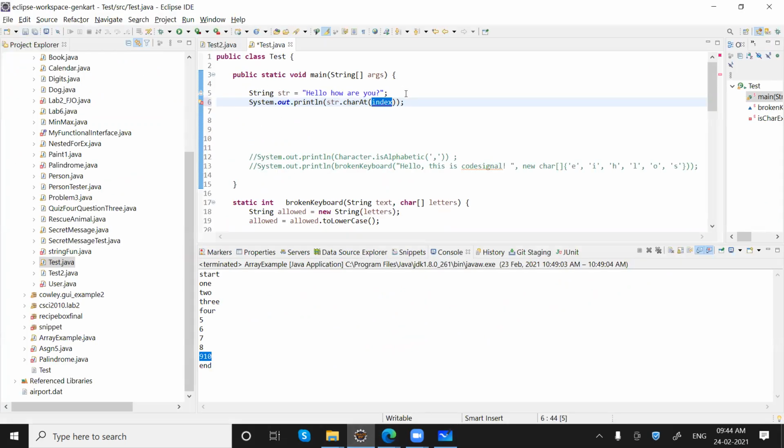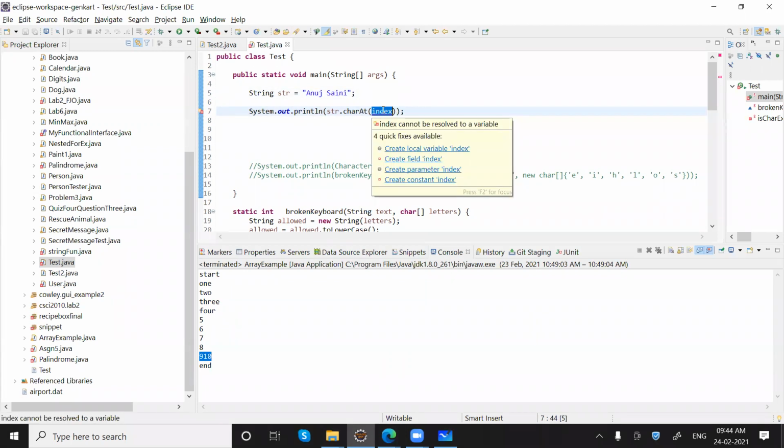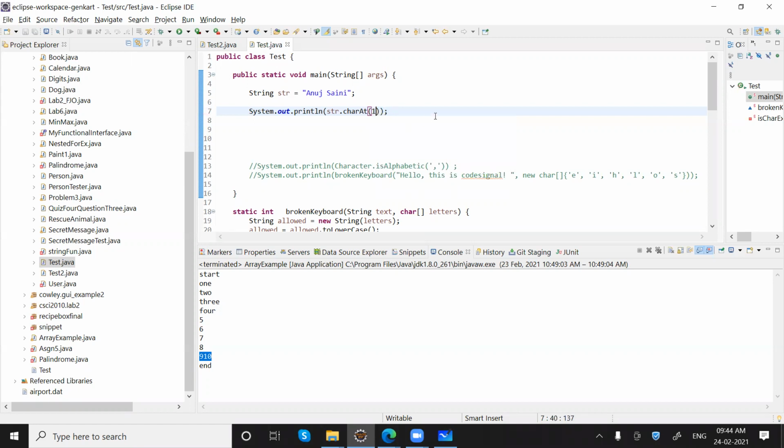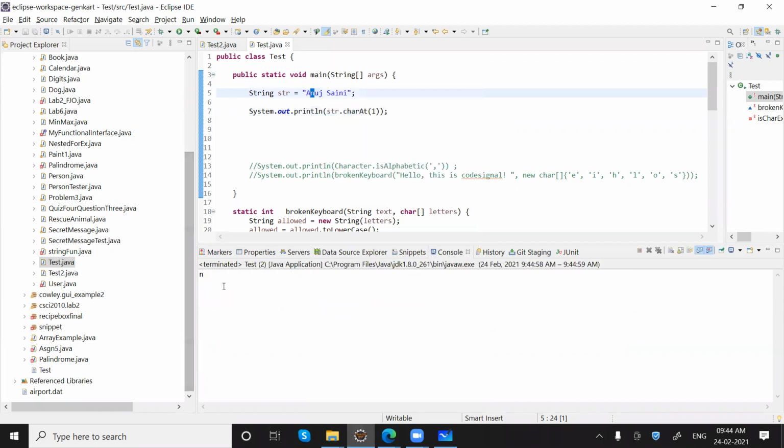For this particular example, let me just keep it short. We don't have "hello, how are you?" I have Anuj and Sunny. If I say charAt 1, at the first index what we have is n, so n will be printed. You can see here on the console, right? And what if I say -1?